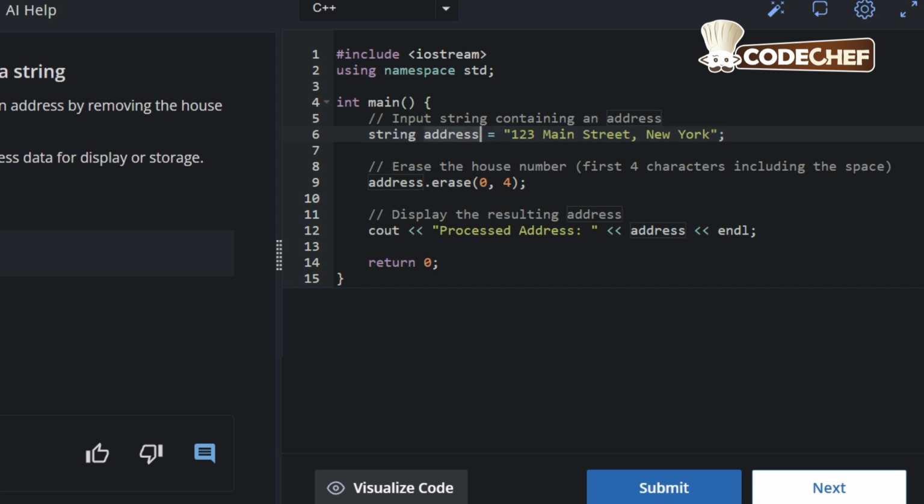So here the variable address is of type string, so it has stored the string 123 Main Street, New York. Now here we are performing the erase operation using the erase method with the string address. So address.erase(0,4);